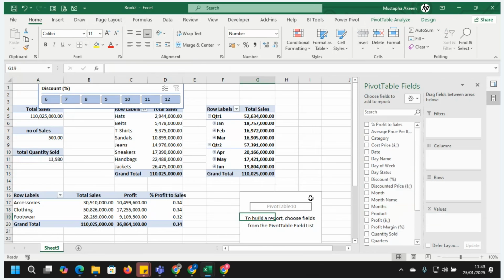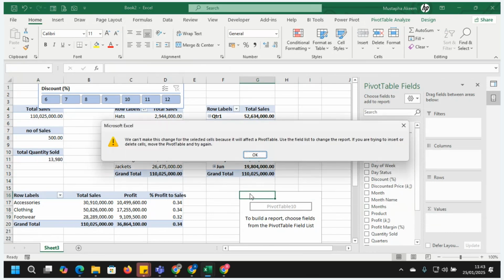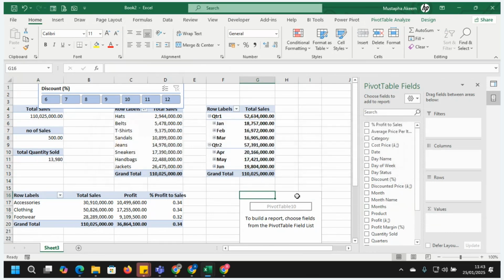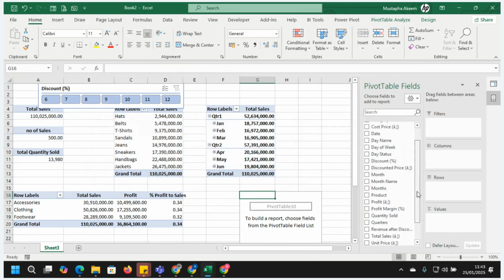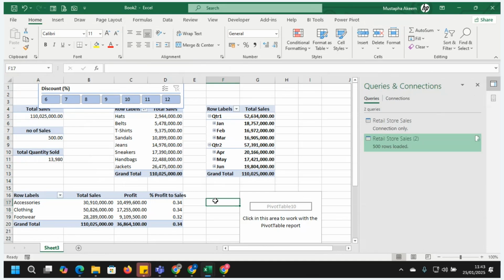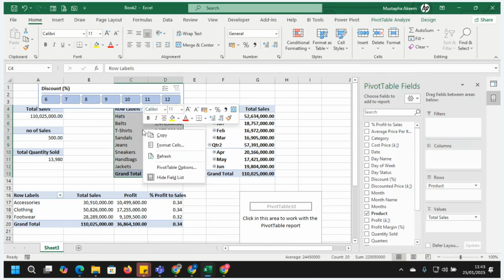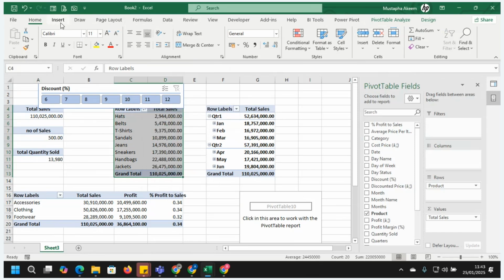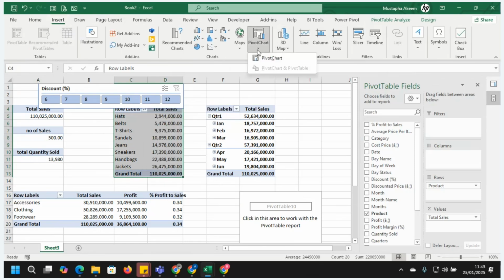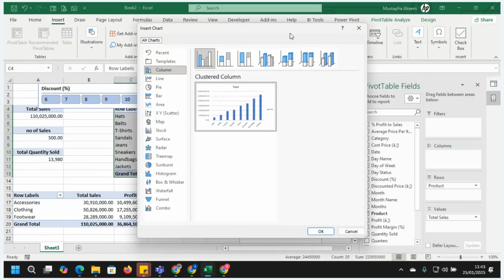So the last one here, I think I should remove this. I don't need this again. Okay, good. So we've had about 5 or 6 analyses here. Let's quickly create 2 or 3 charts. I'm clicking on this and clicking on insert pivot chart. Let's quickly see how our data can talk to us.